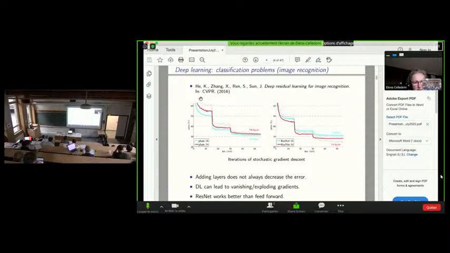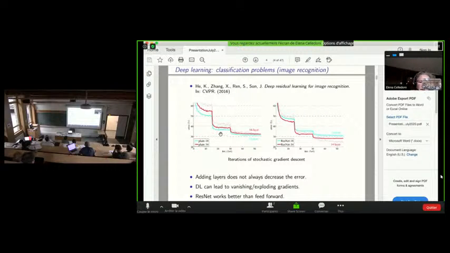But what you can see here is the comparison of two different architectures. On the left-hand side, we have a plain network, a feed-forward neural network architecture. And on the right-hand side, we have the so-called ResNet.